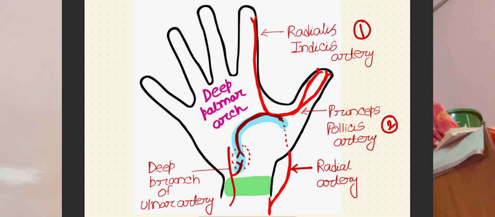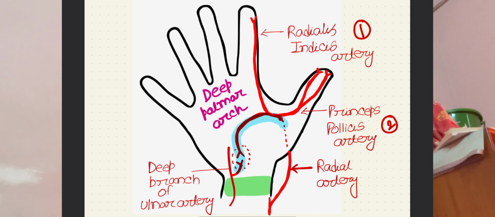So in the deep palmar arch we can see that the radial artery is going towards the anatomical snuffbox on the dorsal aspect, and it is passing between the two heads of the first dorsal interossei, and then it comes to the palmar aspect between the two heads of the adductor pollicis muscle. That part is shown in dotted form here, and then it comes to the